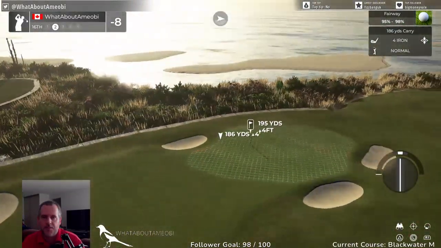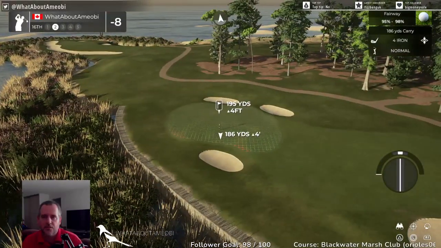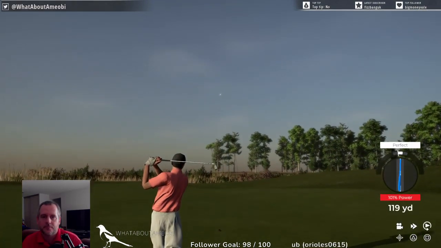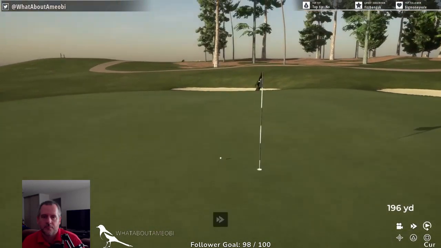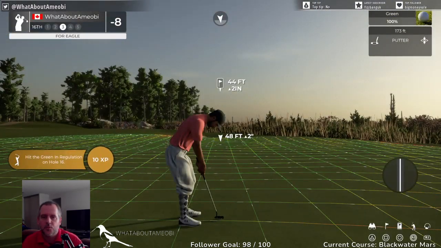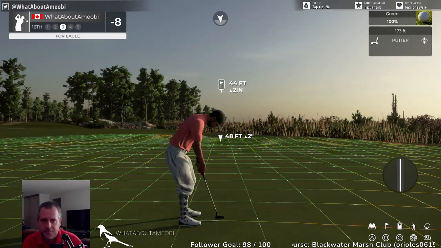And again, I mean, you've got water there, but it's not really in play. It's just a little too far from the green. This was marginally downwind, right? So it kind of played more like a par 4 than a par 5, which is okay. But